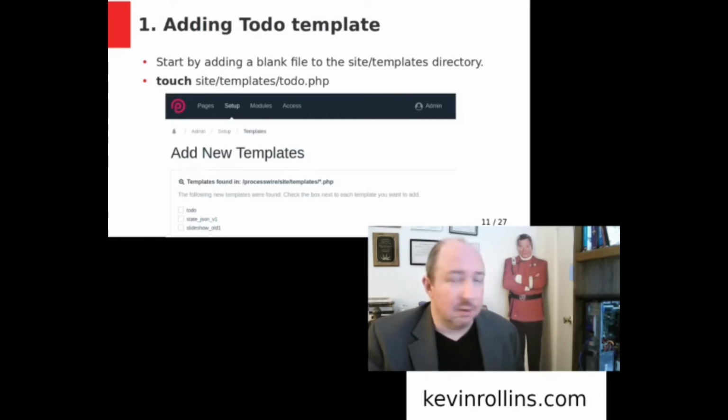So now on to the main course here, adding the to-do template. It's real simple. There's basically 2 steps to creating a new template. In your terminal application through SSH, you need to add a blank file. It doesn't have to be blank, but it's fine that it's blank. And a good Linux command for adding a blank file is touch, and then you basically put it in this site templates directory. So if you ran the command in your terminal window, touch site templates to do.php,